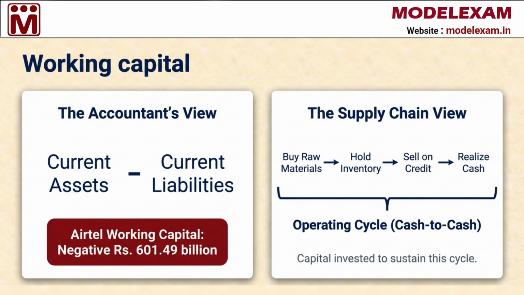Another critical metric is working capital. There are two ways to view this. The accountant's view is simply current assets minus current liabilities. For Airtel, this math results in a negative figure of rupees 601.49 billion. This can be confusing. It is better to take the supply chain view. This looks at the operating cycle or cash to cash cycle. It measures the capital invested to sustain the cycle of buying raw materials, holding inventory, selling on credit, and finally